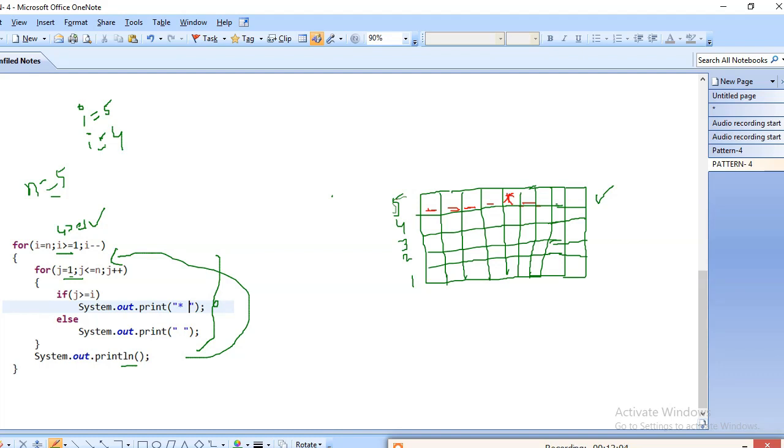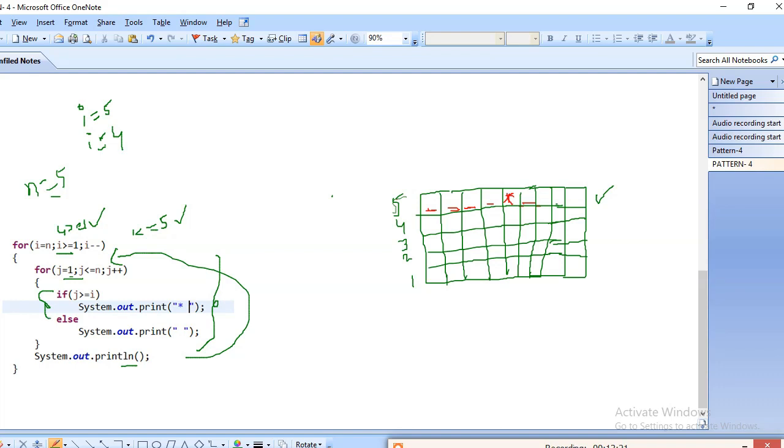Okay, inside the for loop. Now j equal to 1, 1 less than or equal to 5, condition is true. If condition is true, it will go inside the body.